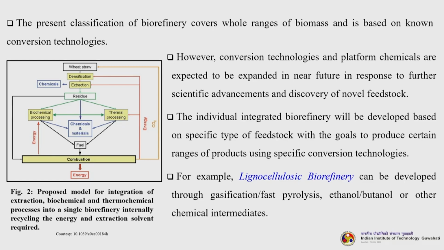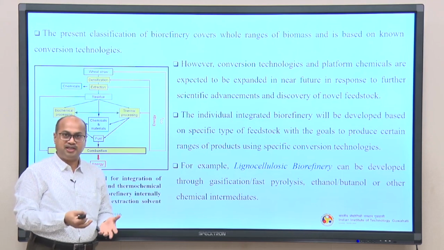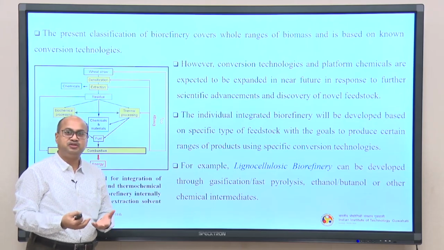Further, through combustion we get energy. Whatever carbon dioxide is generated during the entire processing is again consumed by the wheat to grow itself, correct. So, this is why the biomass or lignocellulosic biomass plays a role in